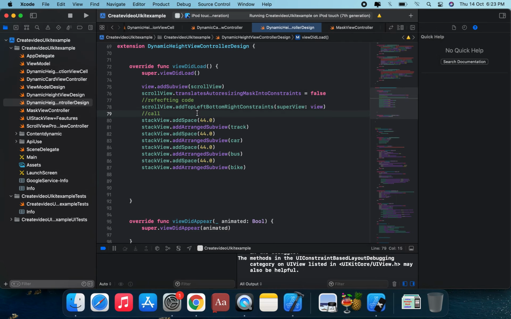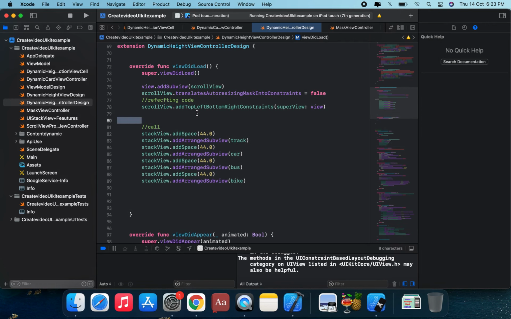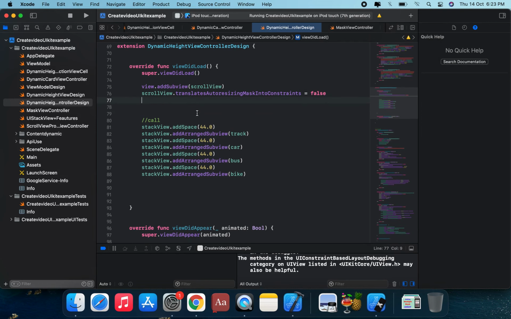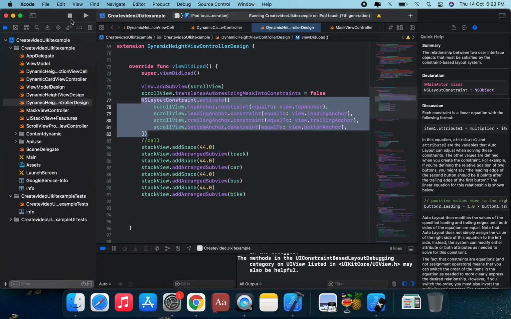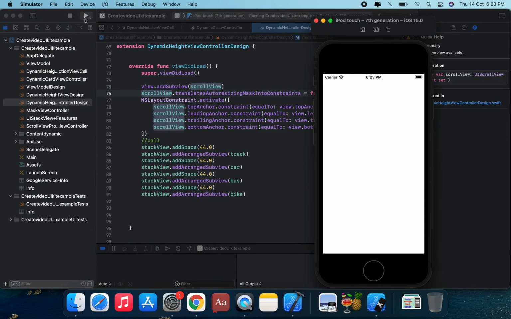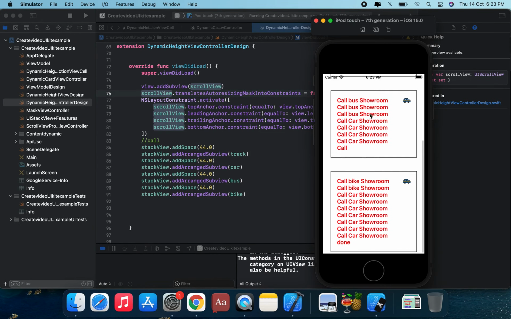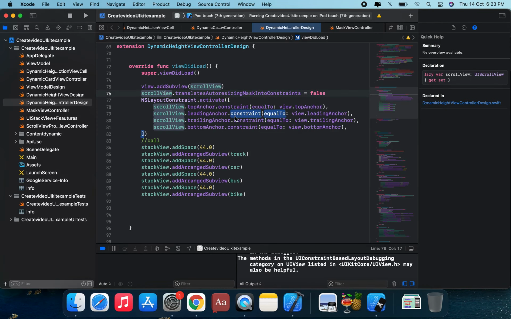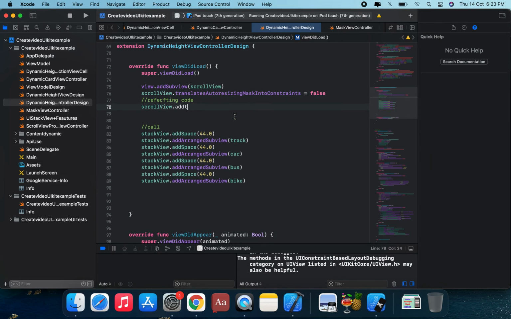Suppose we're gonna apply Command Z and we have passed on this another. We're gonna know this application. This is the same, applied on this and applied on this constraint. This is a top anchor, leading anchor, trailing anchor with the view dot top, view dot anchor. The same result in this default, and we can refactor your code. This is refactoring your code.